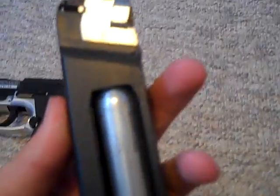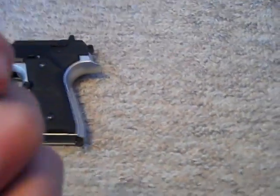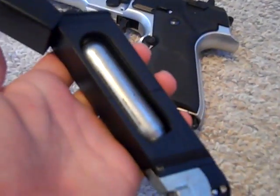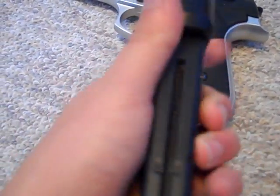Starting off with the magazine, it's quite bulky because the CO2 is housed in the magazine and not in the grip, which I like better actually. But to put the CO2 in, pop down the butt plate, unscrew that little screw, and you just put your CO2 right in there. You just slide it in and push it up and close it. Or actually, you wouldn't close it, you would tighten it up until you hear a hissing sound, and then keep tightening it until you can't tighten it anymore, and make sure the hissing sound stops,